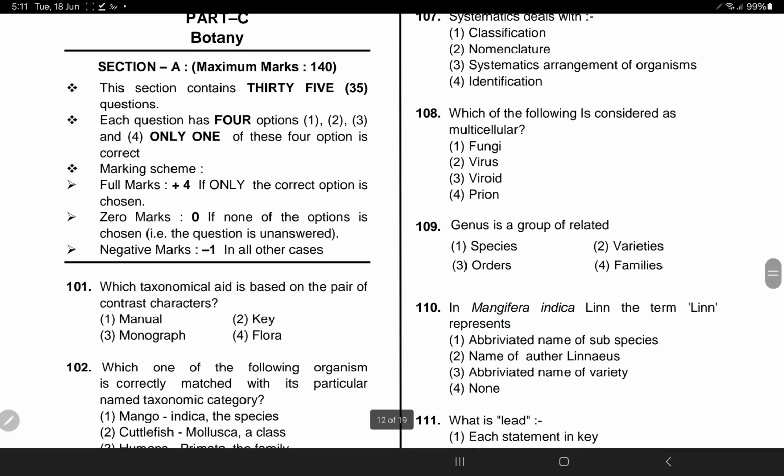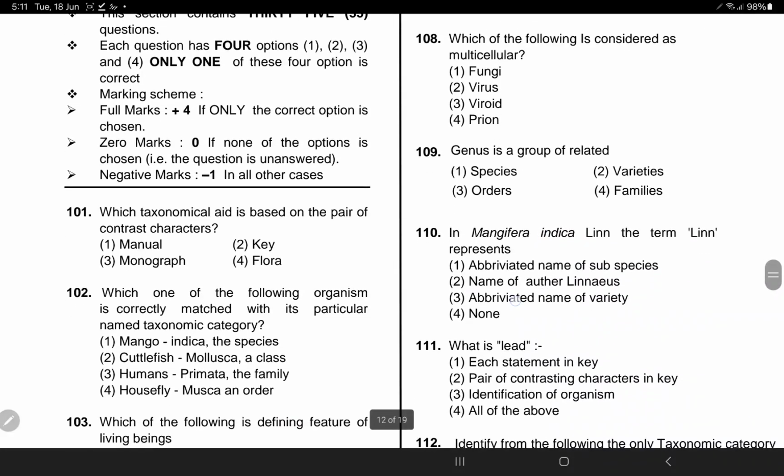So first question, which taxonomical aid is based on the pair of contrasting characters? The correct answer is key, option 2. This is the correct answer. And next, which one of the following organisms is correctly matched with its particular